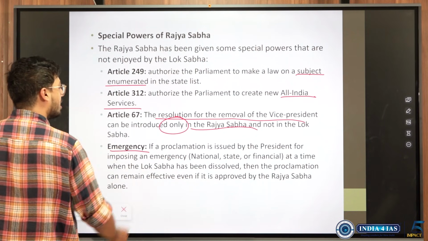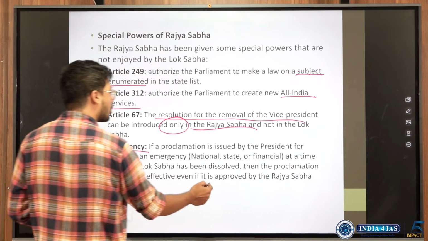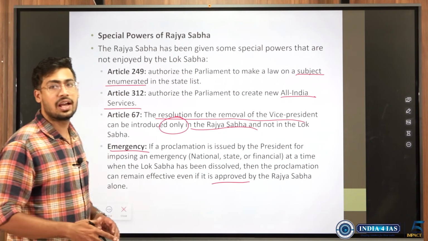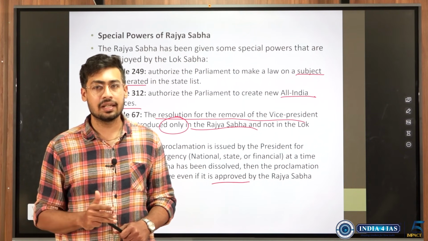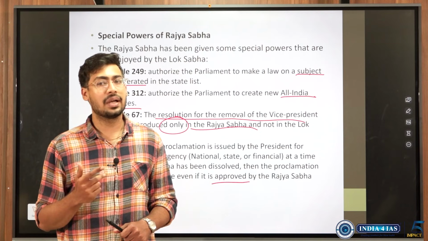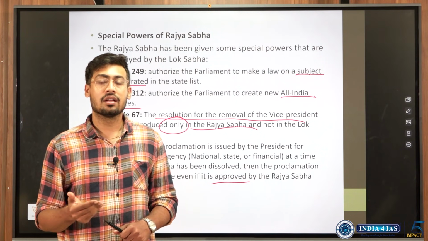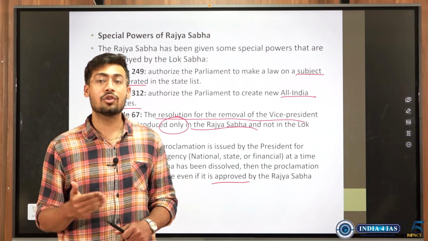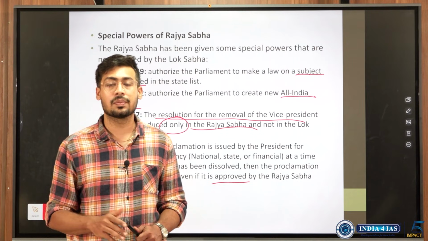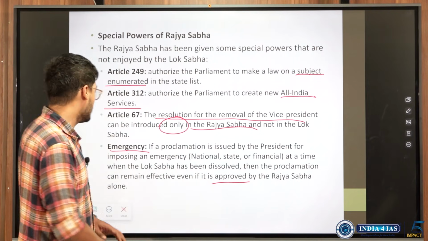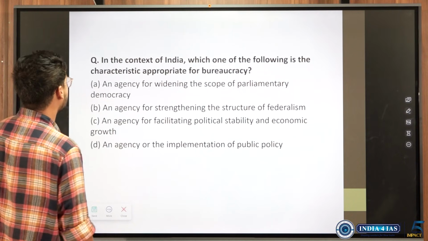And the same thing which I said, emergency proclamation, if it is made, then it will remain effective only if approved by Rajya Sabha. Likewise, Lok Sabha will have certain powers. The Speaker of Lok Sabha will preside in the joint sitting. Cut motions, money bill, all these things, they are the privilege of the Lok Sabha. You can remove the government of the day, and that can only be done by Lok Sabha, because the government is responsible only to the Lok Sabha and not to the Rajya Sabha. So we should know these basic things, and these are pocket marks. We cannot make mistakes in this, right?